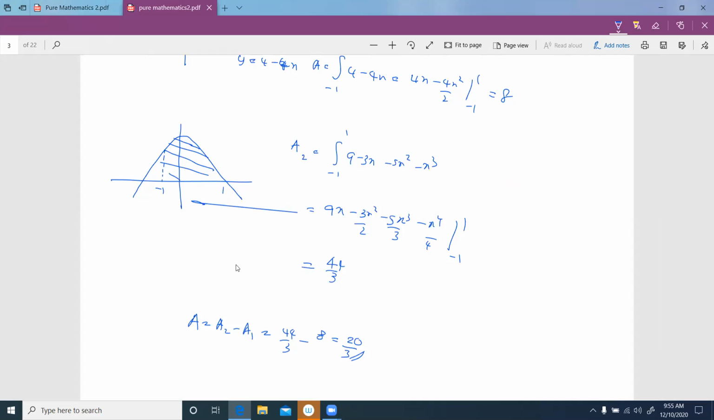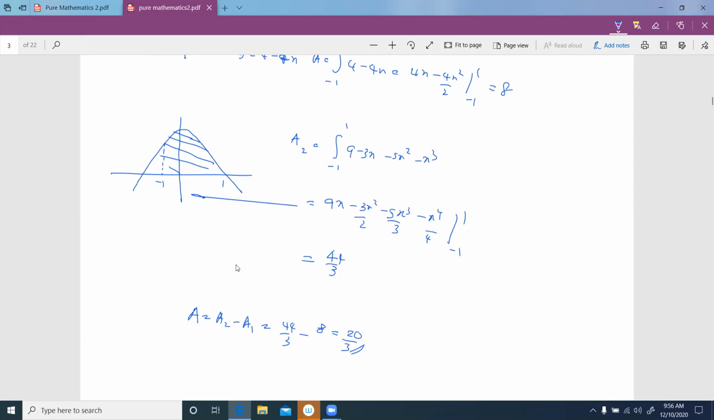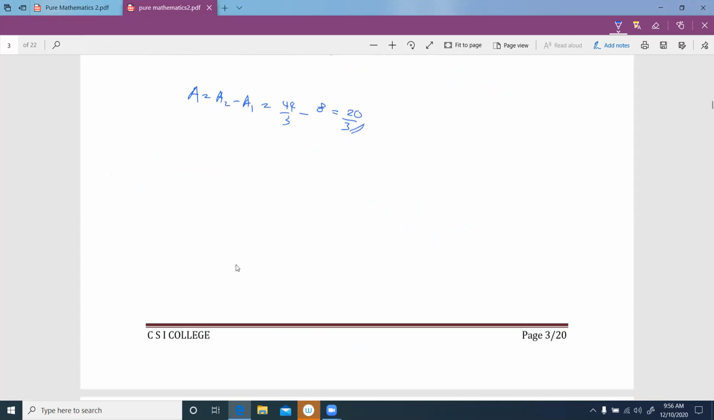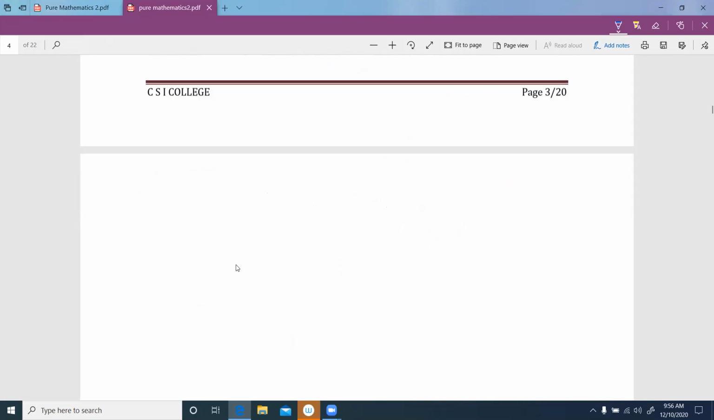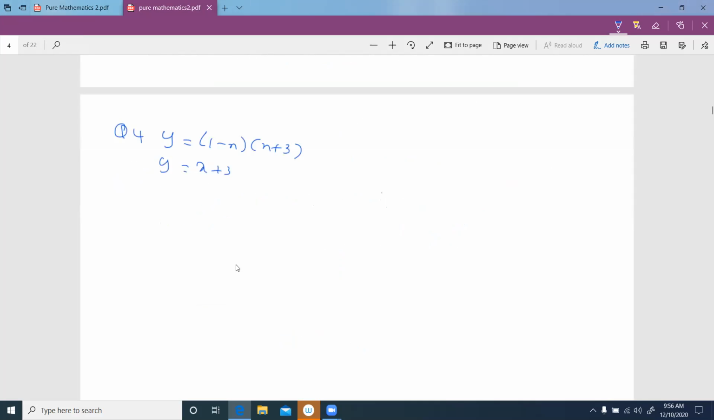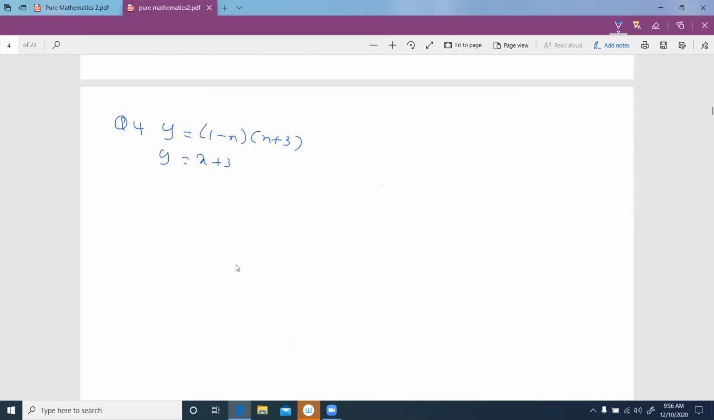The two curves are y equals to 1 minus x times x plus 3, and the other one is y equals to x plus 3, right? Then initially we need to draw this graph. Let's see how to draw this graph. We need to find the area enclosed by these two shapes, right? Okay. Then if I just draw this graph,